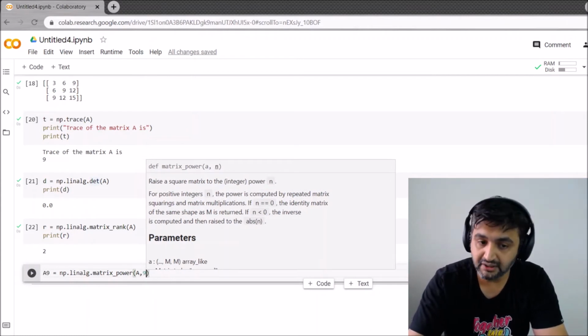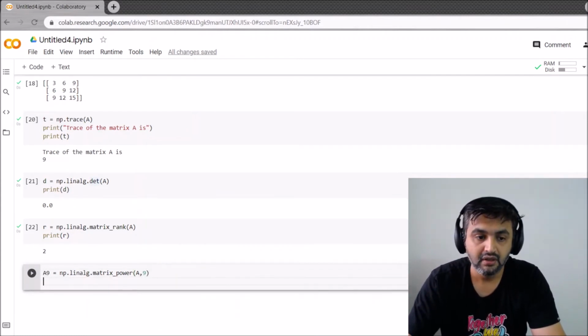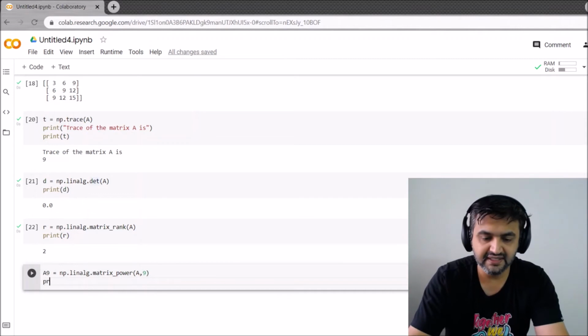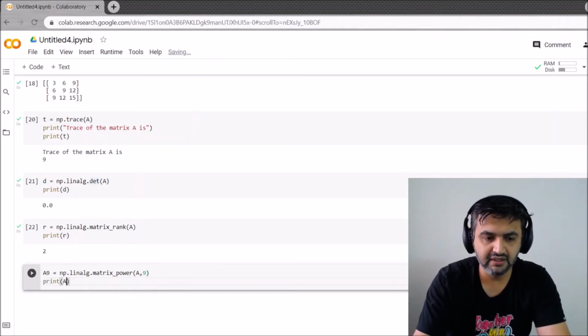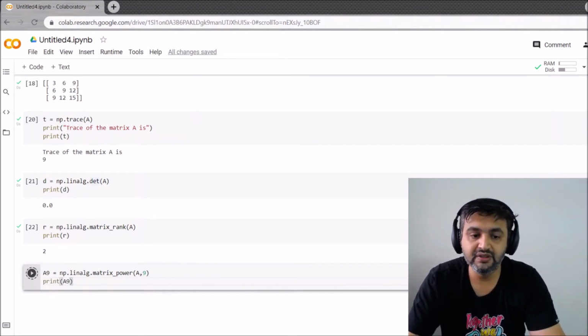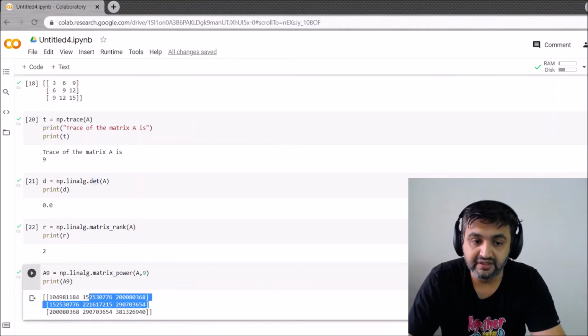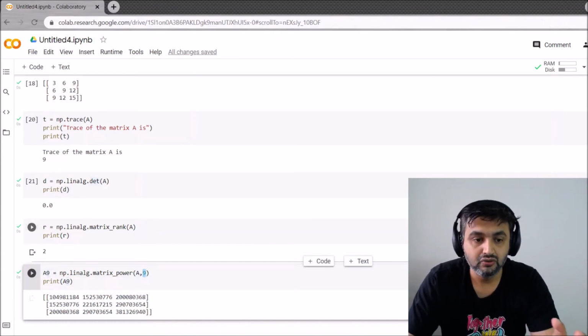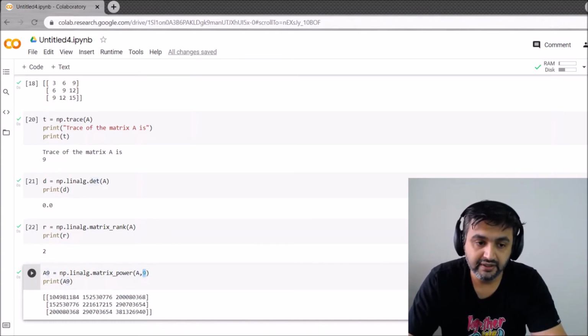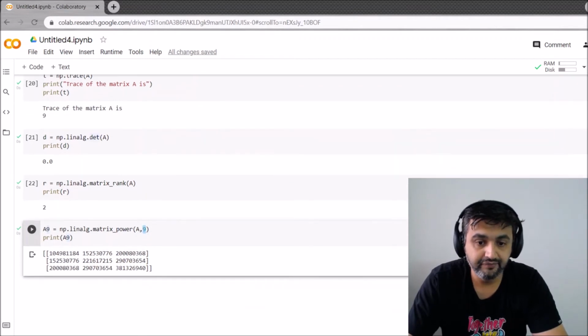I want the ninth power, so A comma 9. And that's why I have given the variable name as a9 so as to remember. So print a9, and this will give me the ninth power of the matrix. Whichever power you want, the matrix comma the power you want. So for matrix power also you need np.linalg.